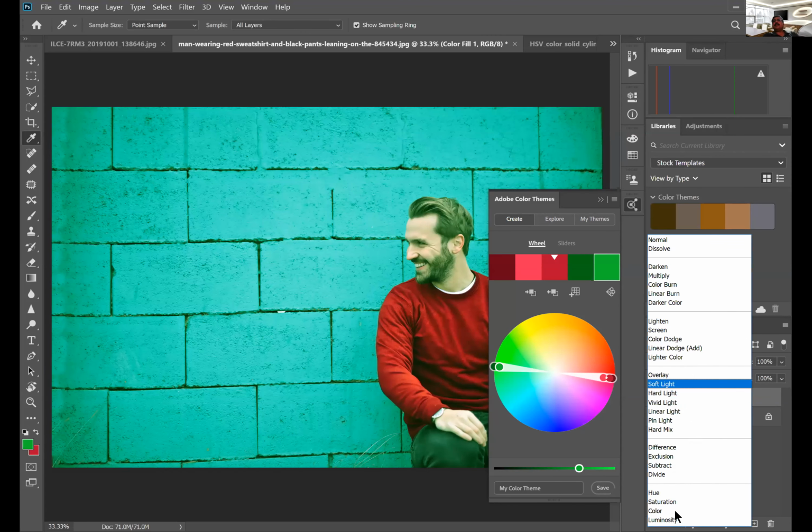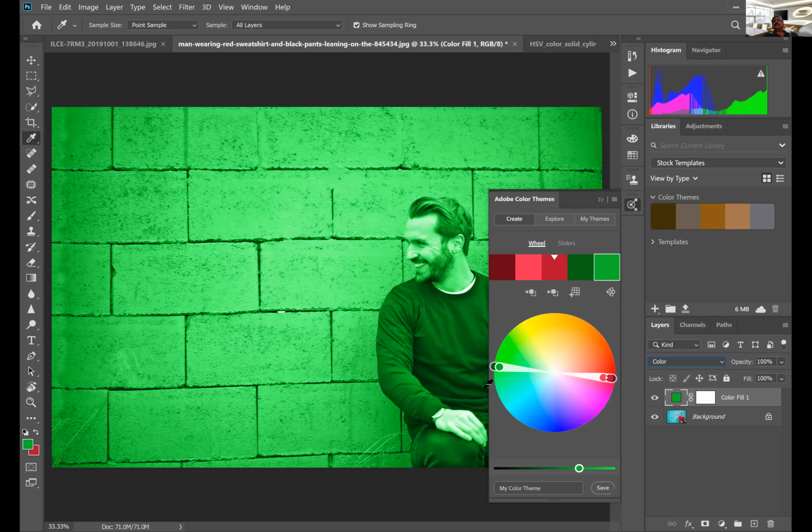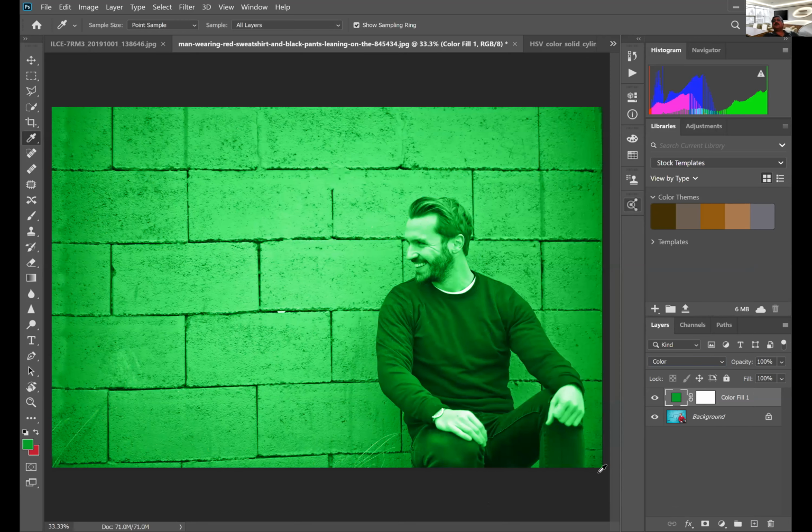When I change it to color, everything gets changed, even his skin and his t-shirt. So now I have to create a mask. First I want to create a mask of him so that I can isolate him from the background. It's easy to create a mask. In this case, it's a color selection. So all I have to do is select the background. Don't select this green color, select the background. Go all the way into